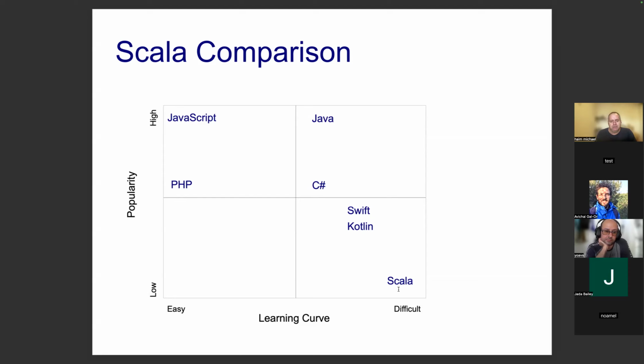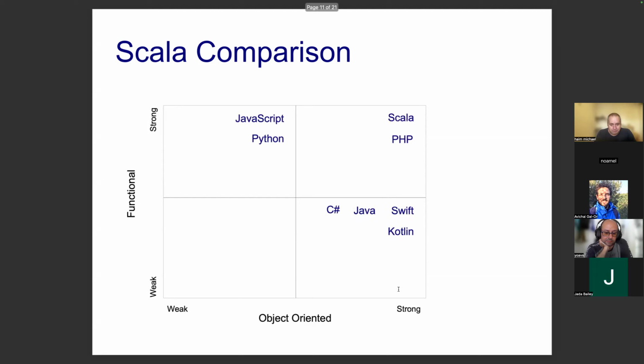There are many cases in which students who learn for their BA in computer science have difficulties with Java, but when it comes to JavaScript and Python, it goes very simply. It's a very simple learning curve compared to Java, C#, not to mention Swift and Kotlin, and absolutely not to mention Scala, which is very difficult to learn.